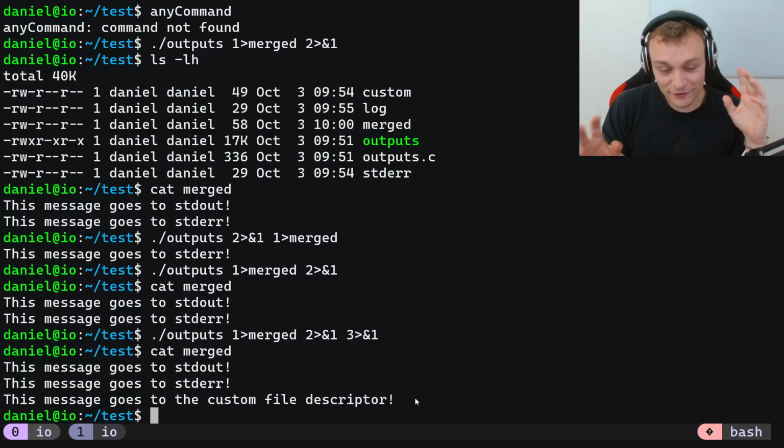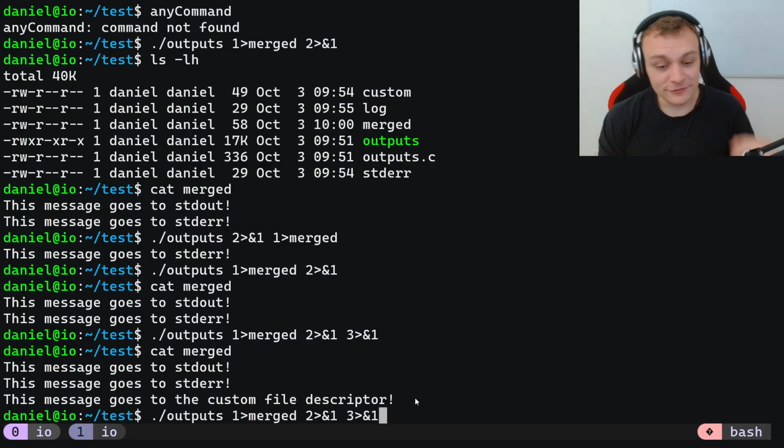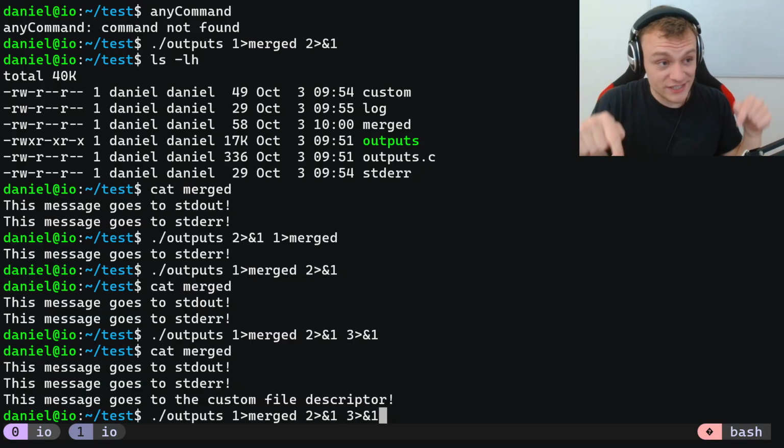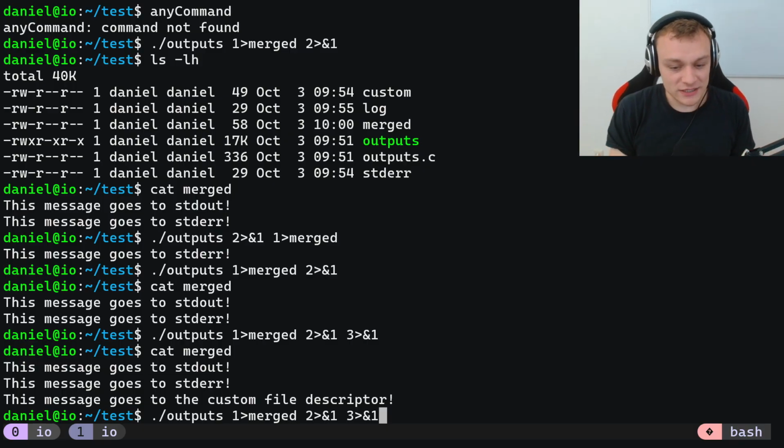And this is effectively how you redirect stuff anywhere. If you want to, well, now you can do basically anything. Now, if you understood this right now, then you understand all redirection stuff in Bash. That's it. And now what you can do is you can say you want to redirect 1 into merged, and